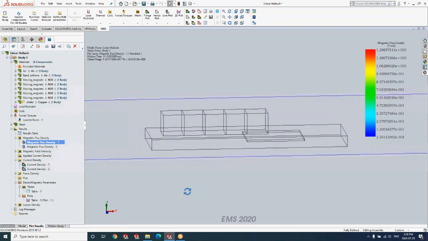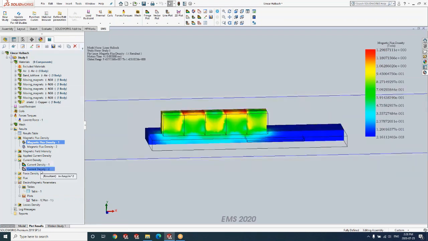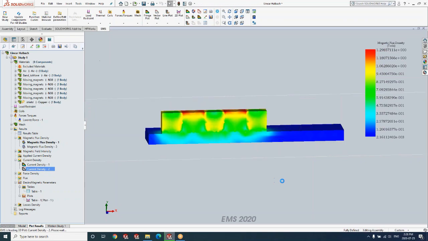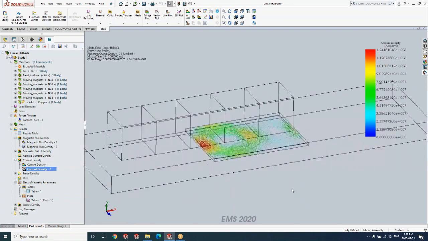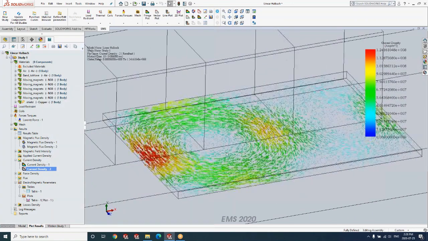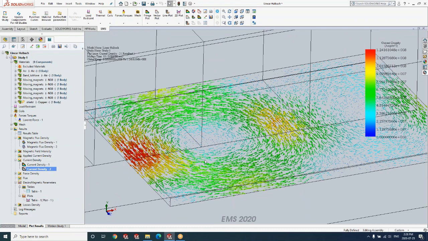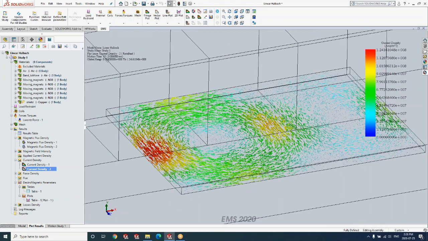And last but not the least, one can actually take a look at the eddy currents that are set up in the moving conductor. So you can notice here that the eddy currents, let me zoom in, and you can see the direction of the arrows that tell you that these eddy currents largely oppose the magnetic flux of the source. Okay? This is the eddy current at a particular time step, in this case after 6 milliseconds.